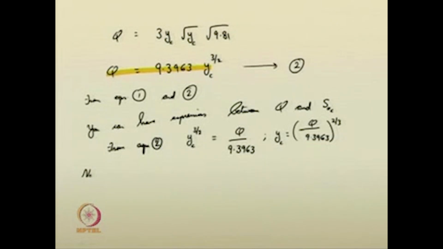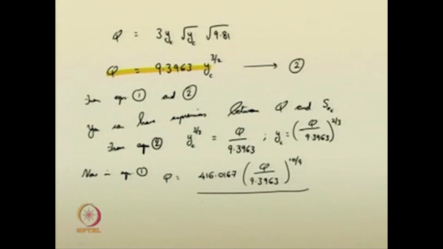Now, in equation 1, you substitute this expression for YC, you will get Q is equal to 416.0167 Q by 9.3963 to the power of 10 by 9